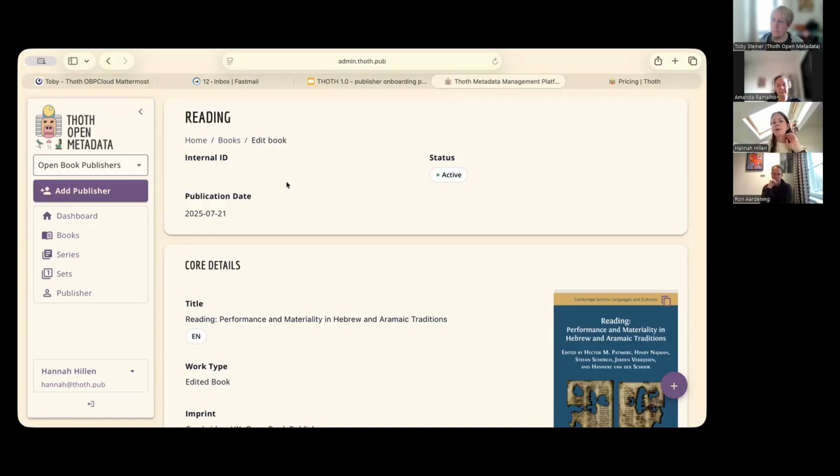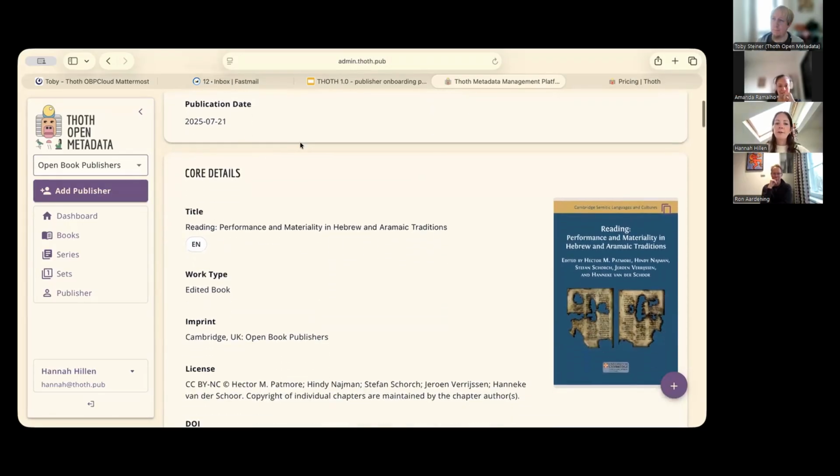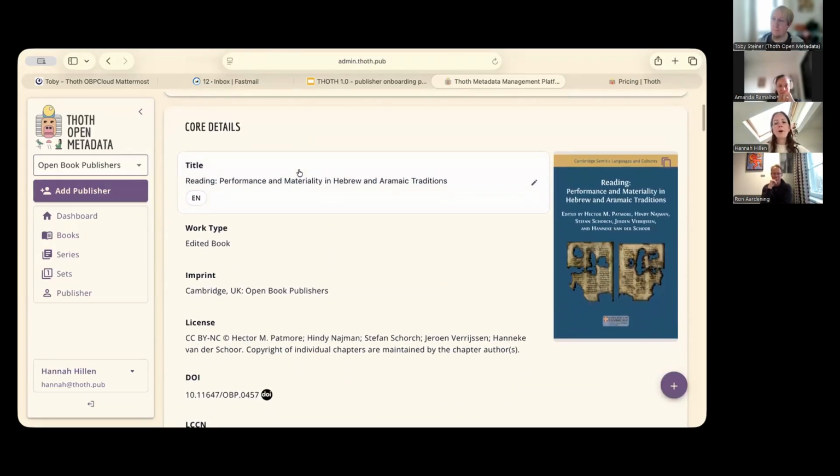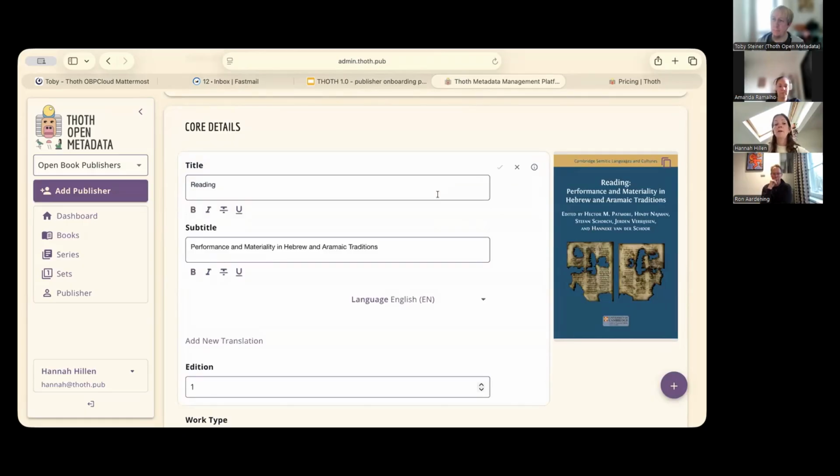We haven't removed any metadata, so it just looks nicer, but we have added new elements. So if I just scroll down, you see all of the metadata that you're probably used to seeing when you log into Tote. Just how you edit fields has changed a little bit. So you can hover over any different metadata field, click the little pencil icon, and then that will open the